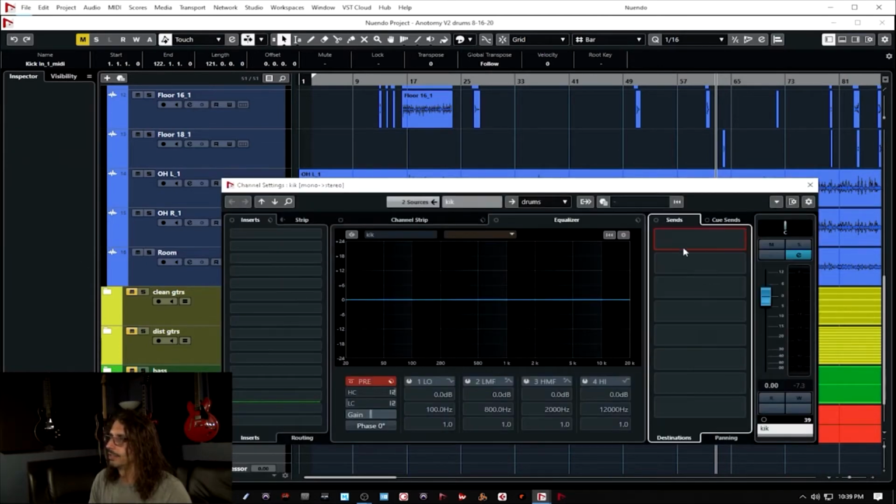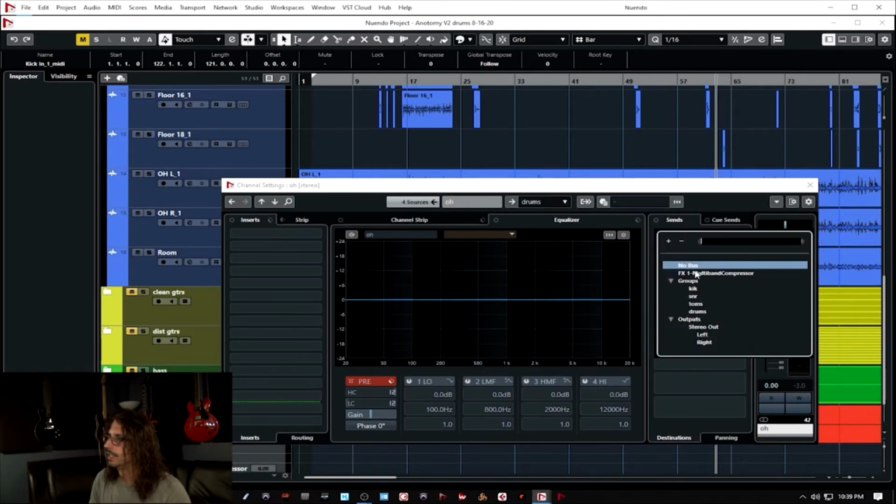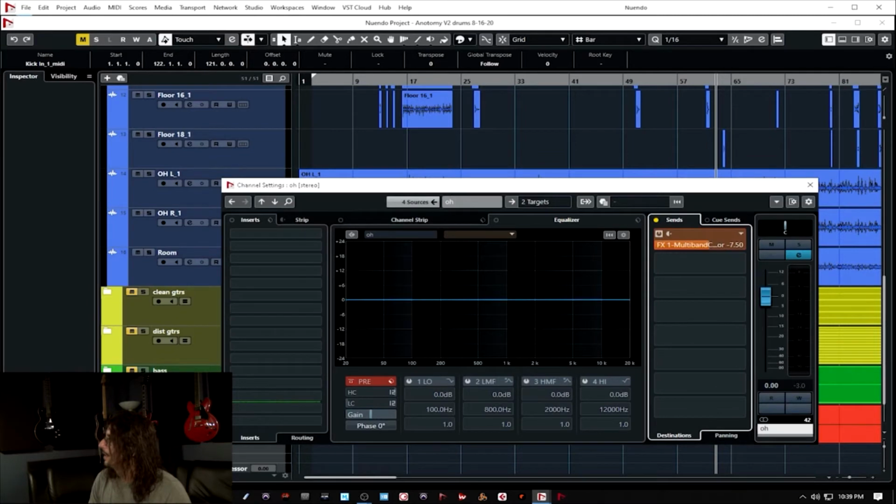Here's my kick drum channel. Just going to go ahead and start using full signal to this multi-band compressor that I just opened up. Overheads. Another thing that I like to do on the multi-band compressor